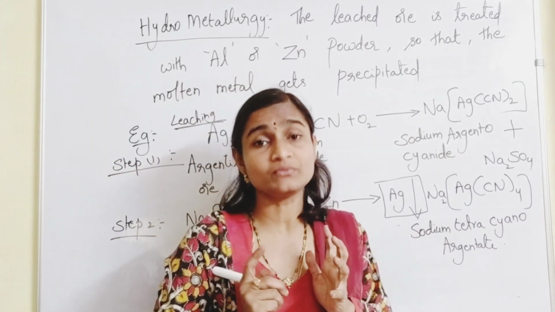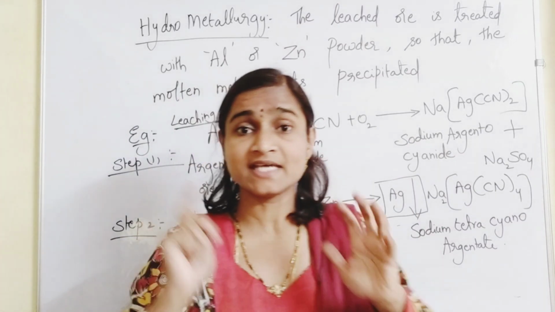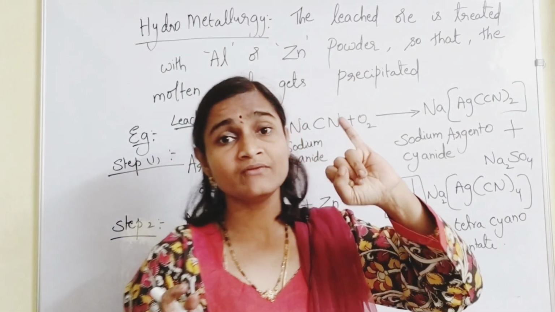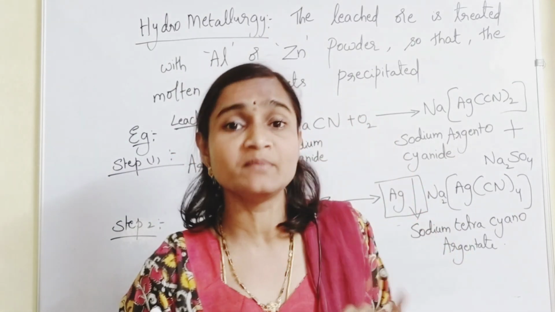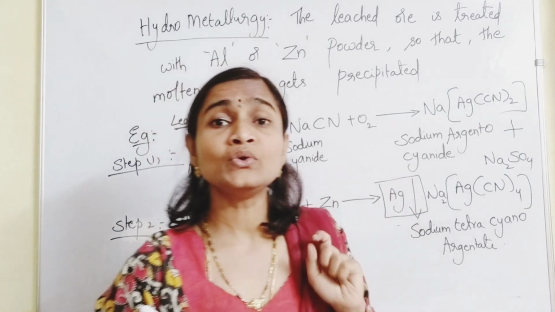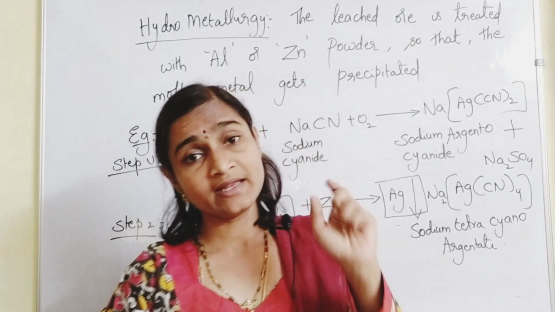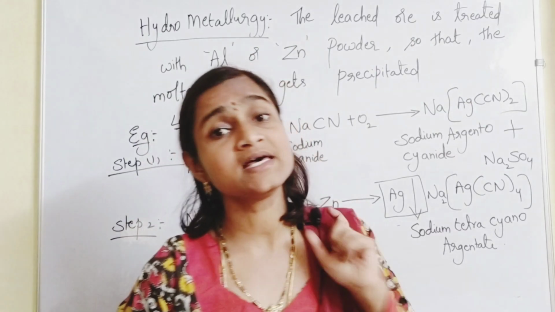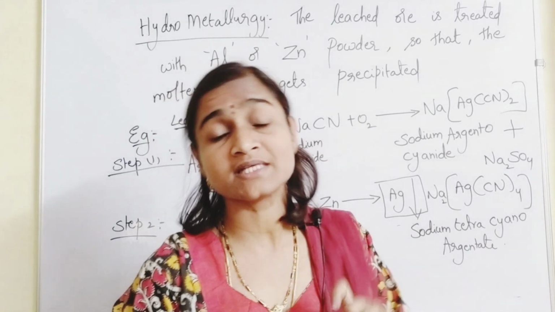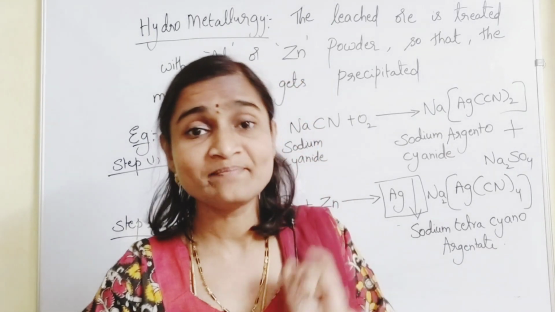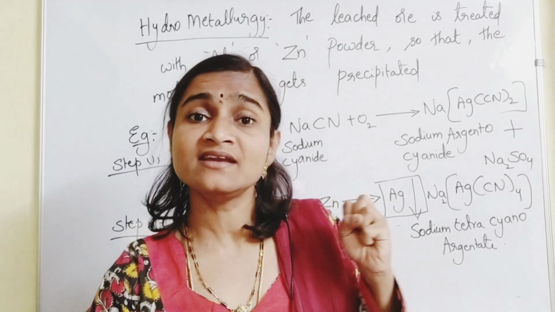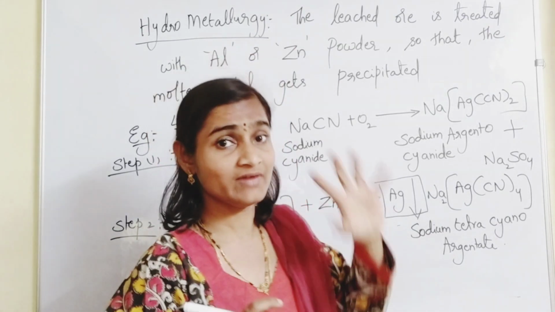So in this video, finally, once again I'm giving a recap. At the start we learnt about the aluminothermy process. Iron oxide is treated with aluminium powder to give molten iron, and it is a highly exothermic reaction. The aluminothermy process is used for welding purposes, for joining cracked machine parts and railway tracks.